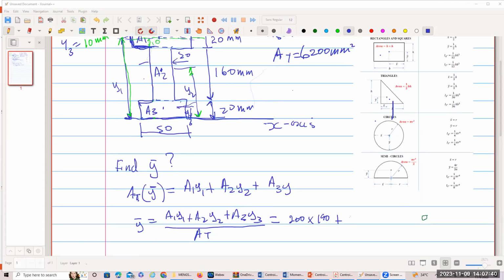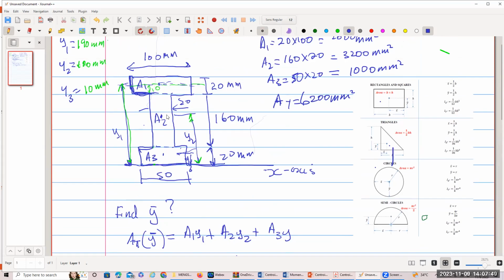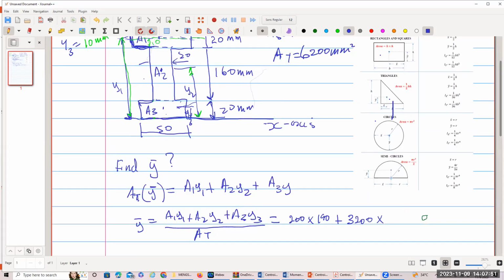All right. So for the second part, area two was what again? 3,200. So it's 3,200 times y2. Y2 was what again? Y2 was 100. All right. Let me do a little clean up here. Something is not moving. All right. Plus,